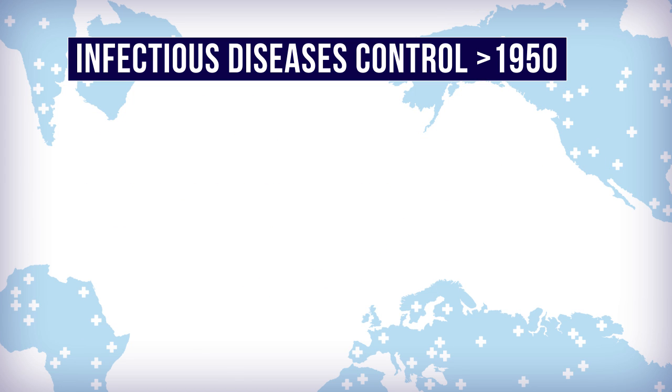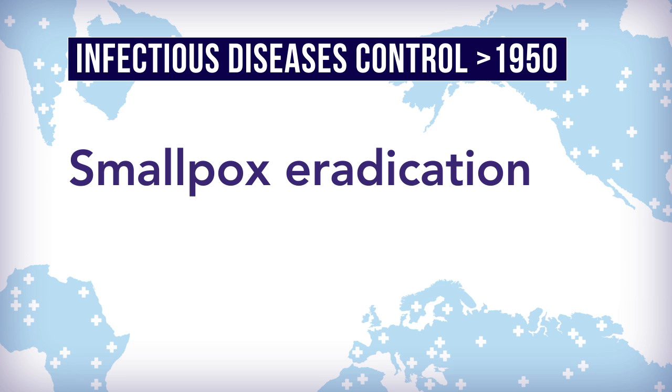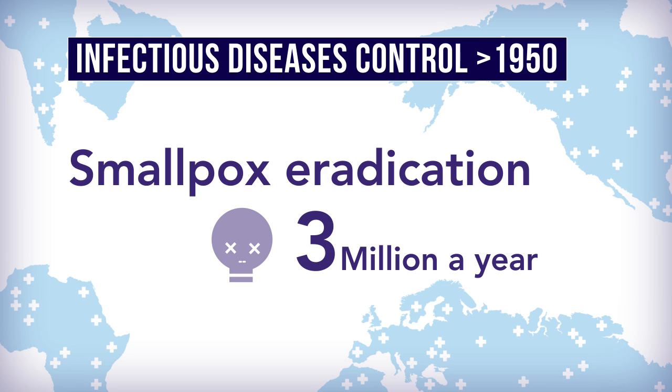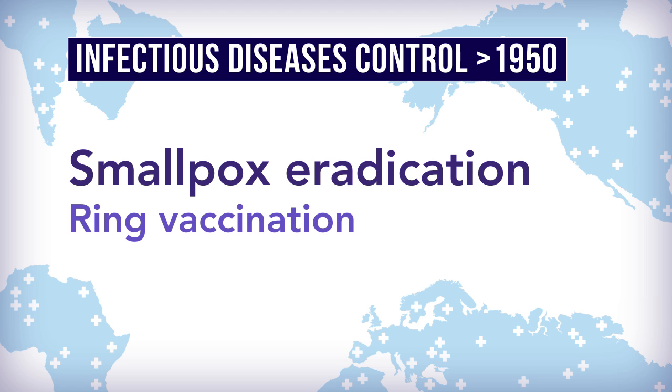The stellar example, of course, is smallpox eradication. And prior to smallpox eradication, at the peak, smallpox used to kill about 3 million people a year. In fact, one of my grandmother's 12 children was killed by smallpox at the age of 3 in the 1930s in India. Smallpox was eradicated using a campaign of what's called ring vaccination, where they found a case and everyone exposed to that case was vaccinated very quickly. And this led to elimination of the virus